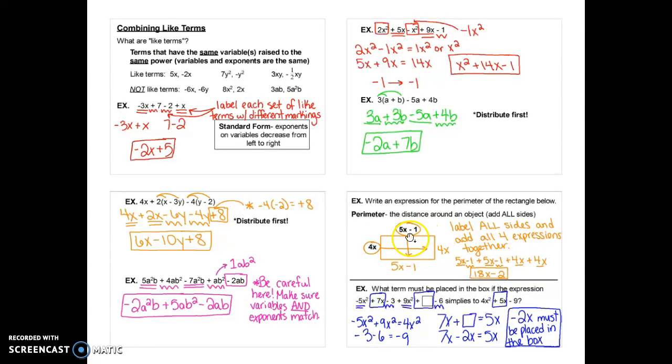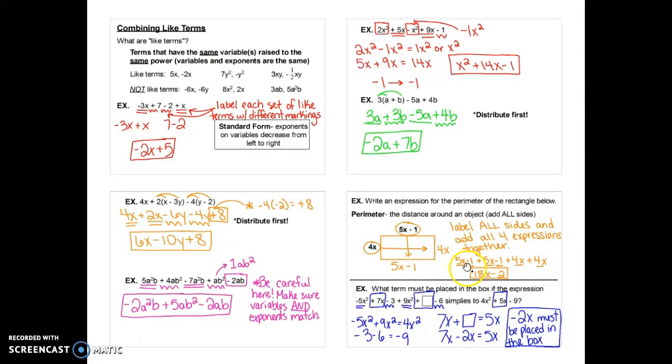Now, it only gives us 2 sides originally. You need to use the directions and some prior knowledge in realizing that in a rectangle, the opposite sides are congruent, which means they are the same length. So if this is 4x, then the opposite side is also a 4x, so you need to fill that in. Then if this long side is 5x minus 1, so is the long side that's opposite of it. Okay, now that you know all 4 sides, you can write it out, and we're going to add them all